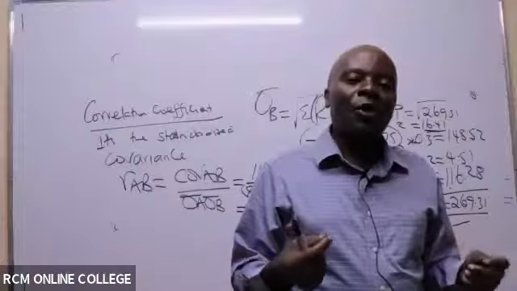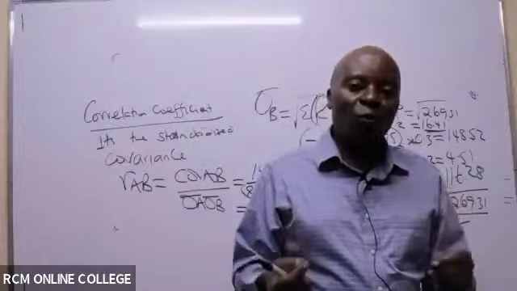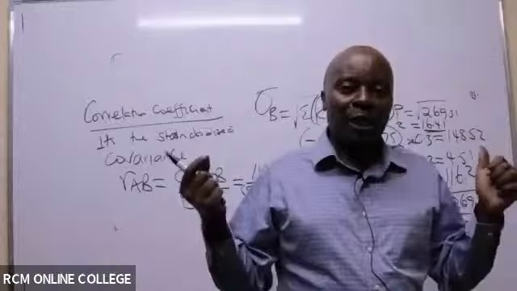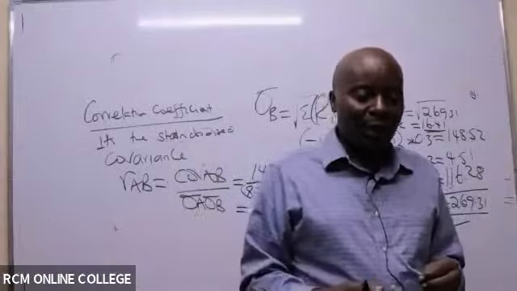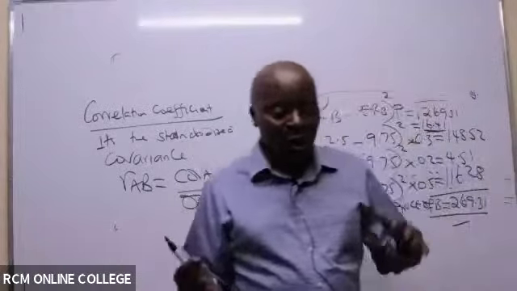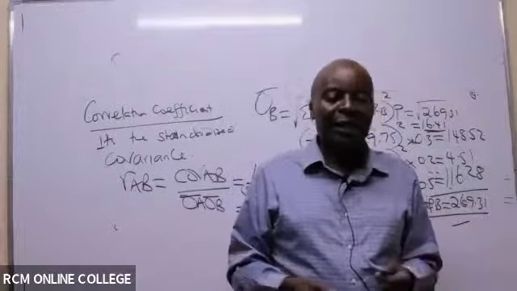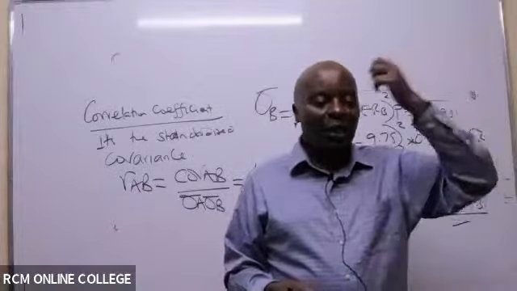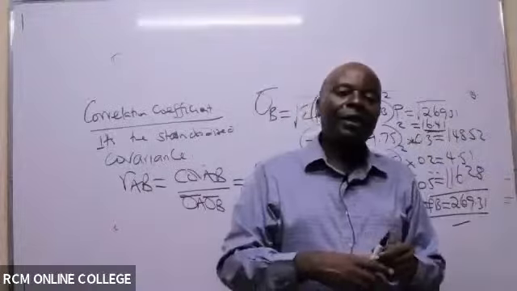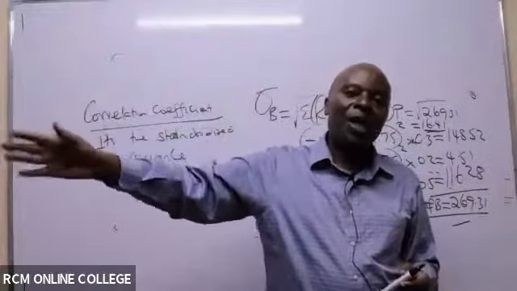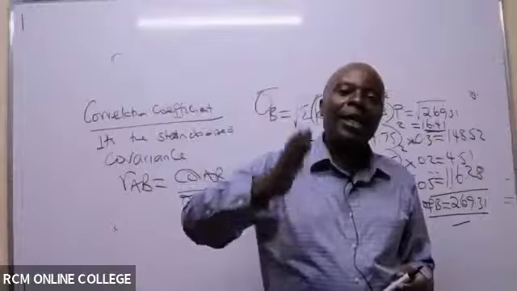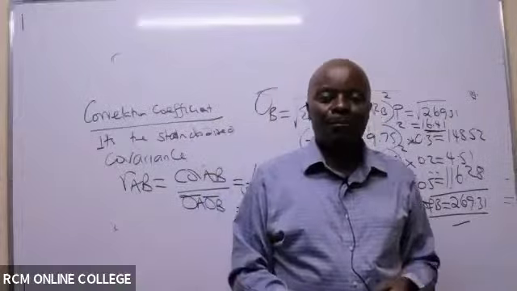Is it very good for you as an investor to go for those securities which have a perfect association? You buy A and B, which have a perfect association. Why would I do that? If they really relate with each other, I would rather buy one and then diversify by going to another industry. We don't invest in perfect relationships.